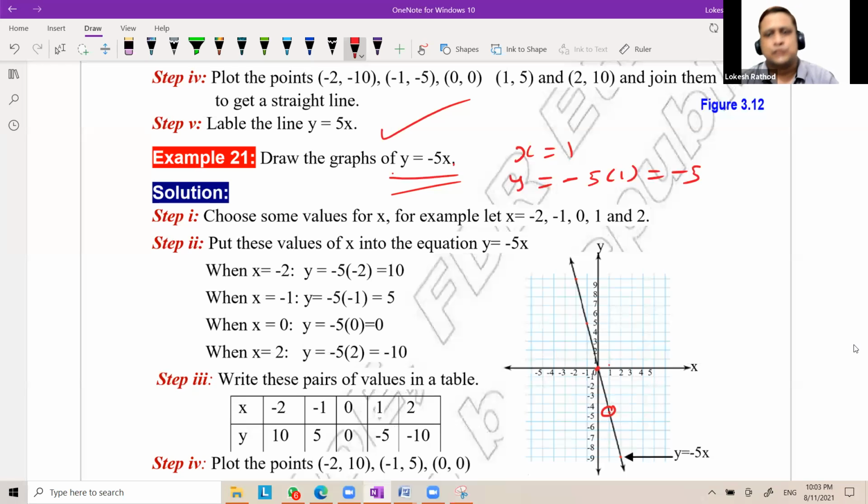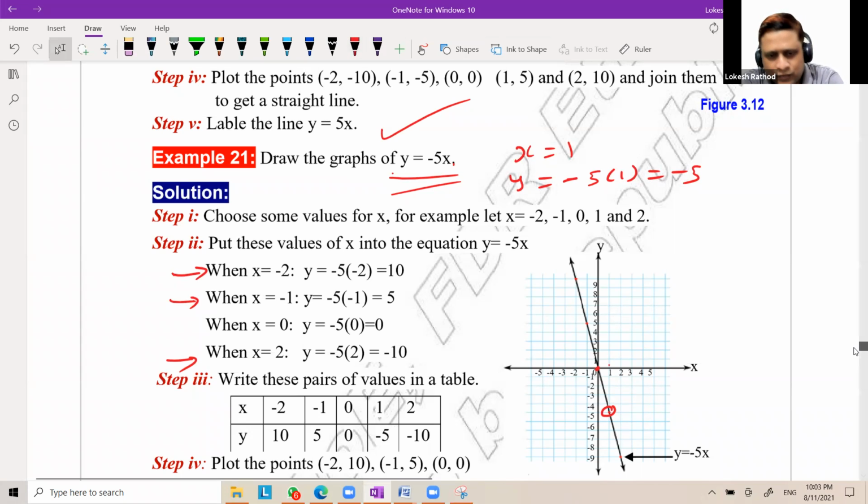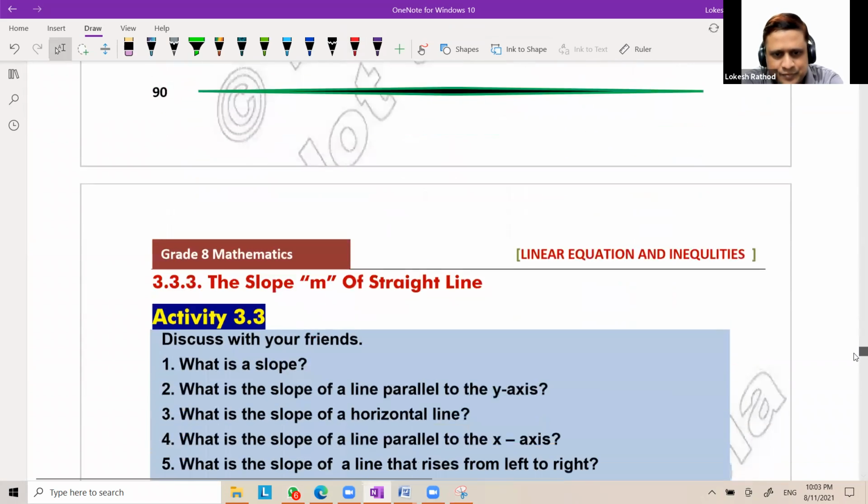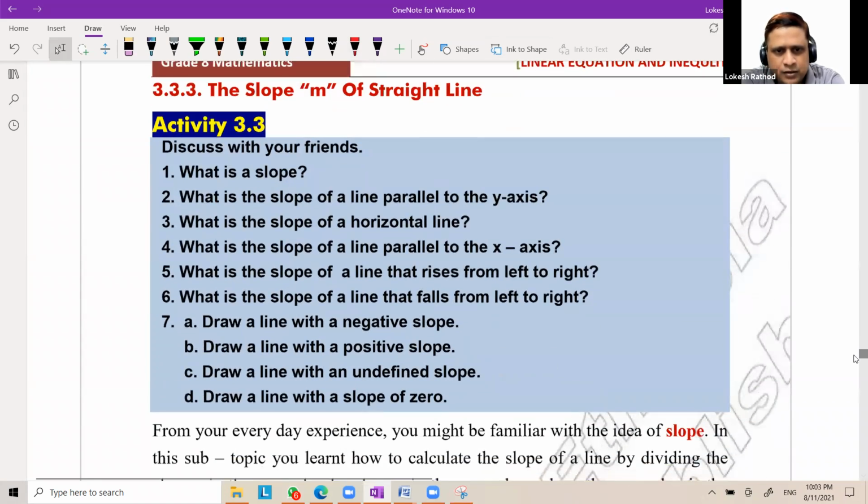Only 2 points are sufficient. But to be extra sure, you can find the value at other points also. Are you getting this? One is x 0, y 0, that is this point. Another is x 1, y minus 5. Are you clear with this? Right? Okay. So this is how we draw the graph of a line of the form y equal to mx. Now,